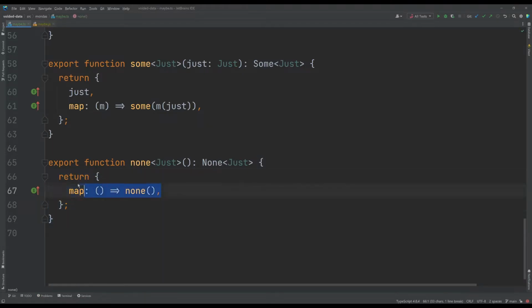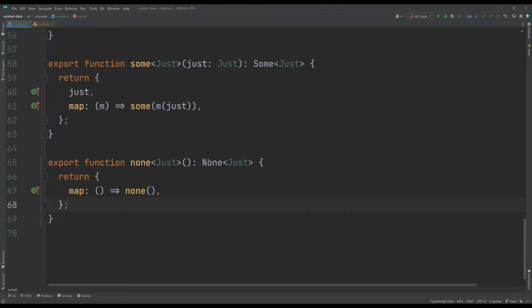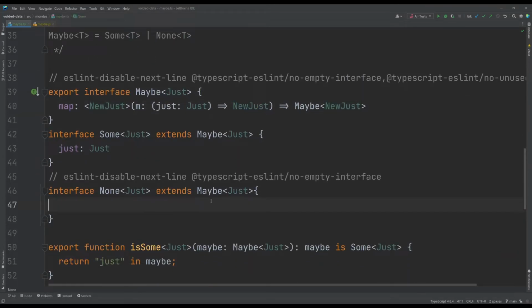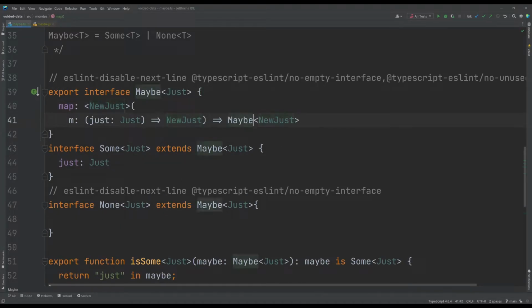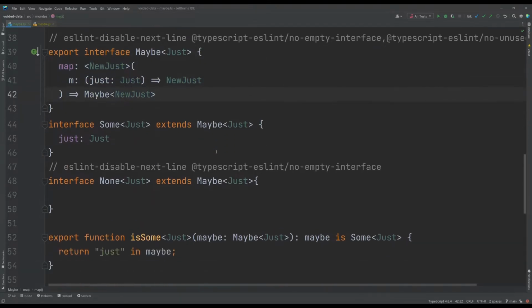There is no need to do anything here, because a value that is missing can't be transformed. It just transforms to the container of the new just here with still no value in it. Let me just bracket this slightly differently so that I just like it this way. You don't have to do that.